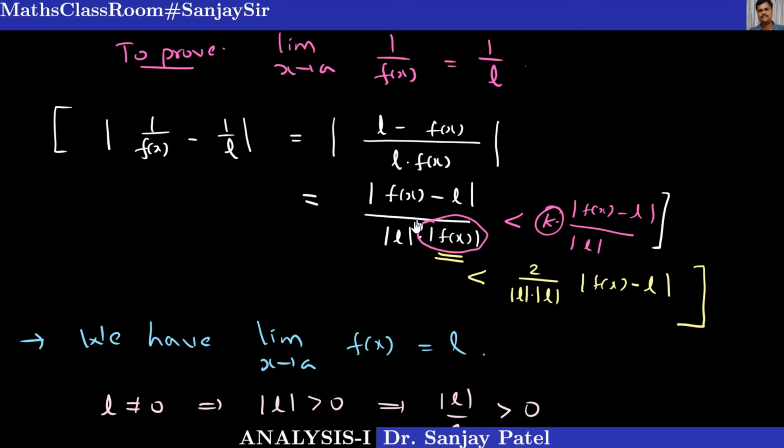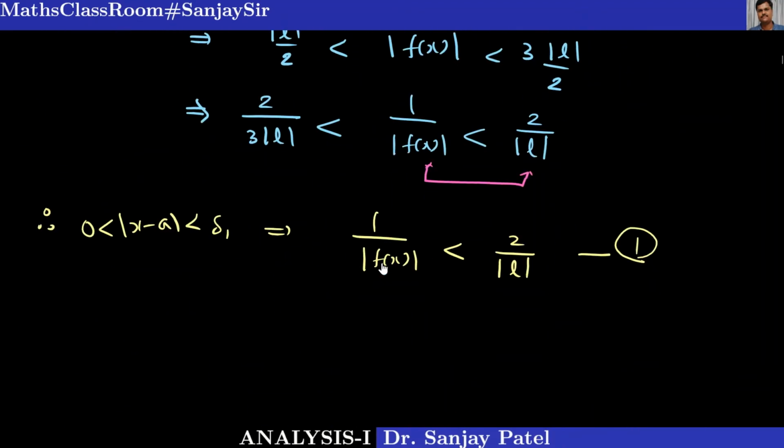Because I have made 1 upon mod of f of x less than 2 upon mod L. Okay. So finally, now everything is in our control because f(x) minus L can be made less than epsilon. If I choose my epsilon for the definition of limit for the fact f(x) tends to L as epsilon by 2 into mod L square. So let us do that. I will take epsilon by the reciprocal of this number. This is 2 upon L square. I want mod L square upon 2 into epsilon so that this will be cancelled. So that is the basic idea.